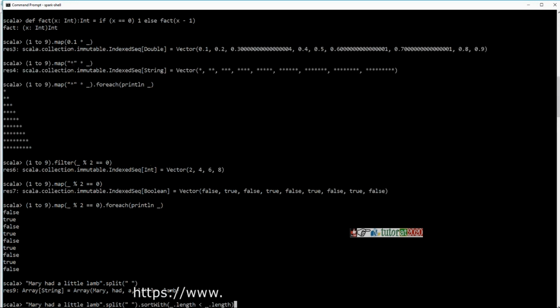The second time I put an underscore in the same expression, it applies to the next consecutive element. Okay, so in the first hop, what the sort with will do is